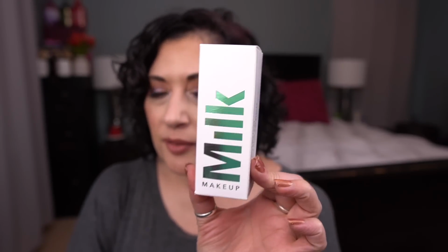From Milk Makeup, I picked up the Hydro Grip Primer. I used a sample of this and was mighty impressed with it. So I decided to go ahead and pick up a full size. I did not love their facial spray as much, but this was lovely. So I grabbed a full size of that. And then I grabbed 2 concealers, which I did not need any concealers, but these looked really promising